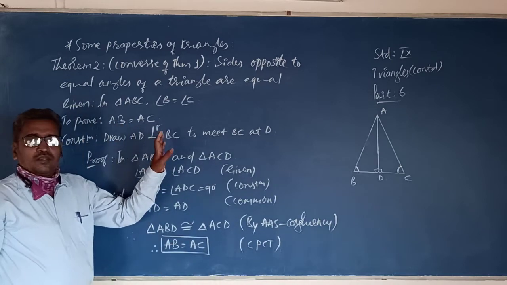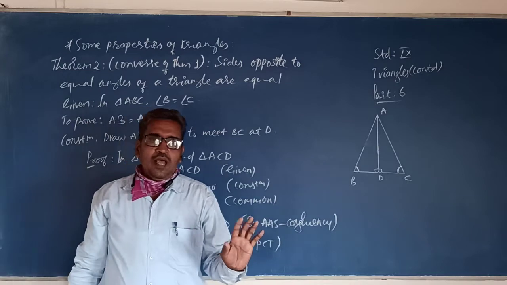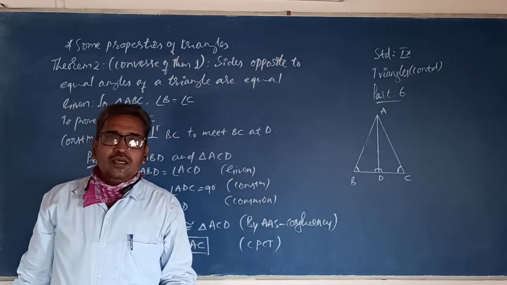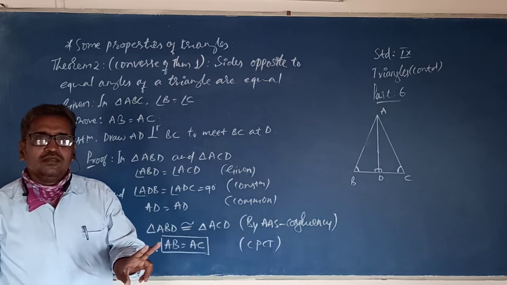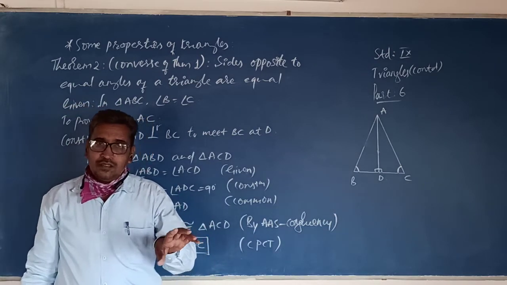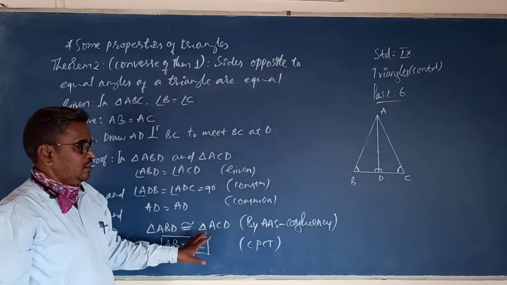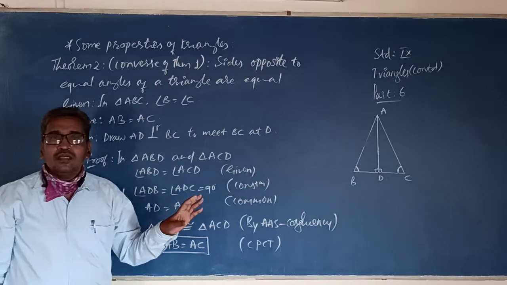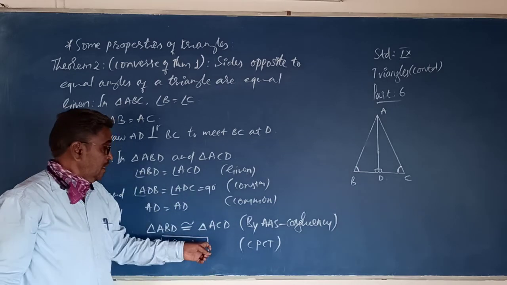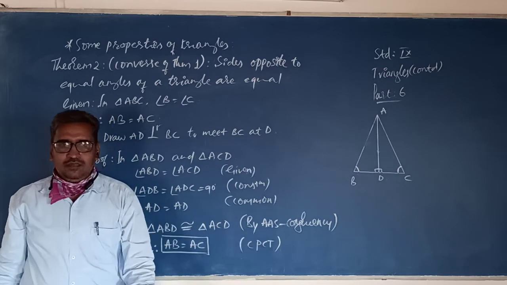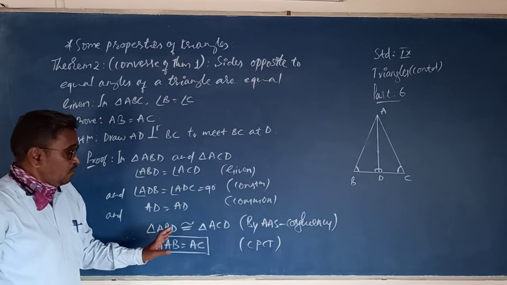Understand? Points. In an isosceles triangle, angles opposite to equal sides are equal. In any triangle, if two angles are equal, then the sides opposite to those equal angles are always equal. That is congruence. In this way we are using the SAS property and the ASA property, or the AAS property. Understand? So once again,